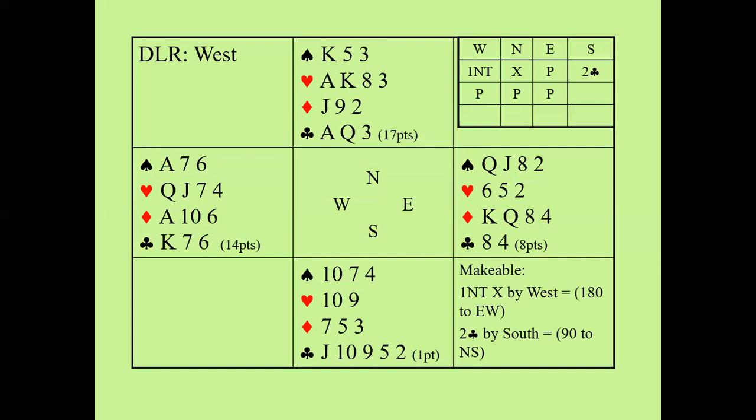On this particular layout, the computer... Tony, can I just ask a question? Yeah. It's Belinda. After the 1-no trump overcall by North, is two clubs by South Stayman, is it not? If there had been a 1-no trump overcall, but here there isn't a 1-no trump overcall. Oh, sorry, it's double. Beg your pardon. Yeah, it's double. So this is a double, and